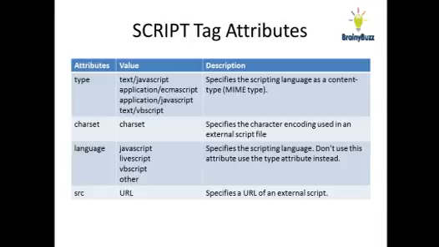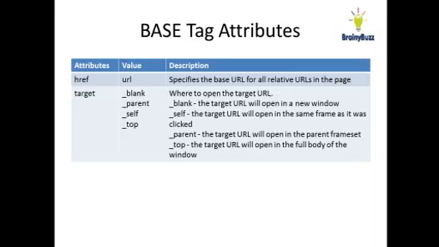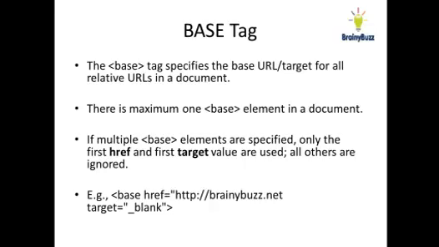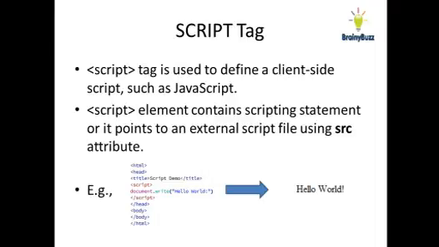These are the different attributes. You have the type, text/javascript for JavaScript, or ECMAScript and application/javascript or VBScript. You mention the type, the charset or the language you want to use, JavaScript or LiveScript, VBScript or another, and the src for the URL of the external script. After this, the base tag and the meta tag I'll discuss in another tutorial. So I think you have got some idea, but we'll discuss these tags again in the CSS and JavaScript tutorials.